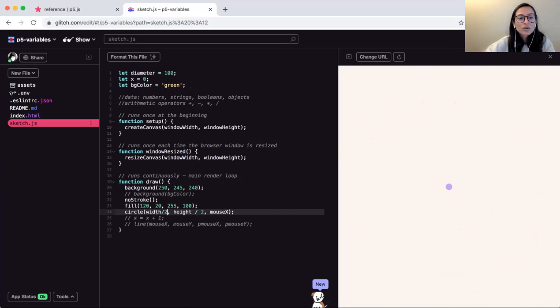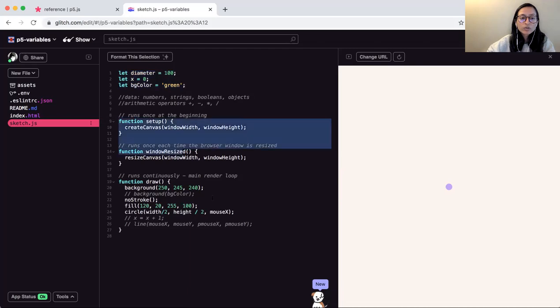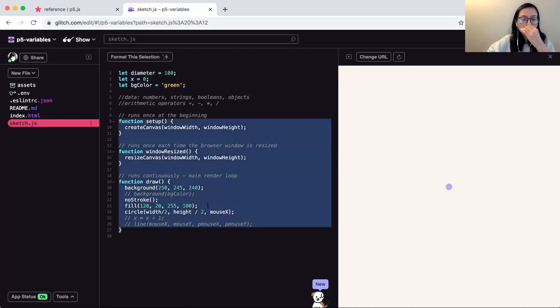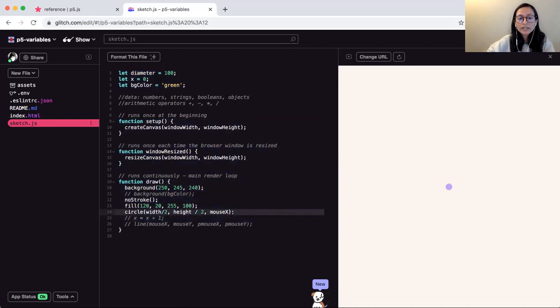All right, so why are we creating all of these variables outside of our code? This is important for us to know because that defines the scope of the variable. That means where these variables can be used. Since these are outside of any of these functions or code, I can call these variables wherever I need them and they will work, right? They will work. If, let's say, I put,